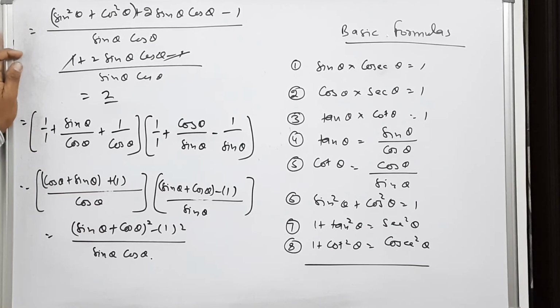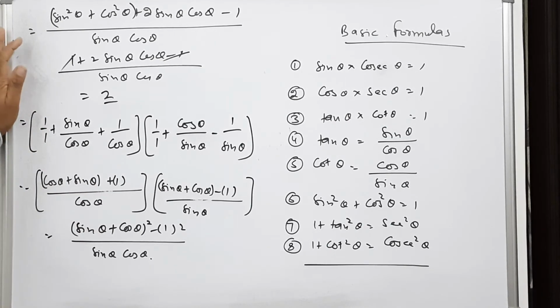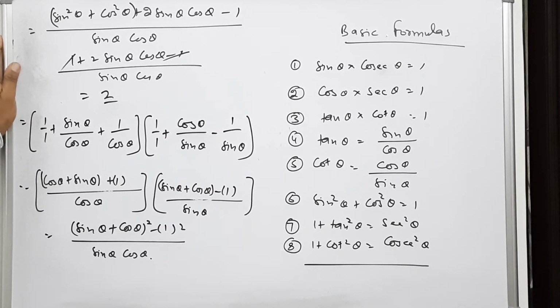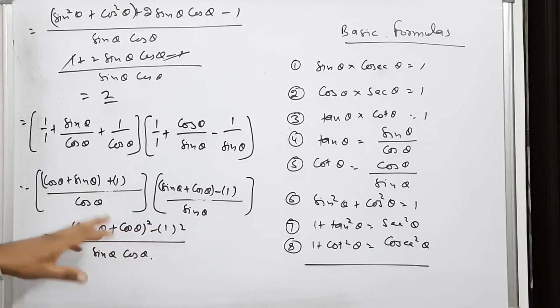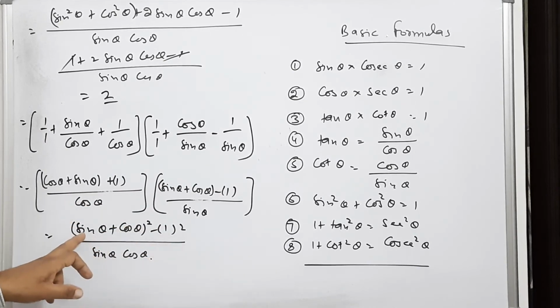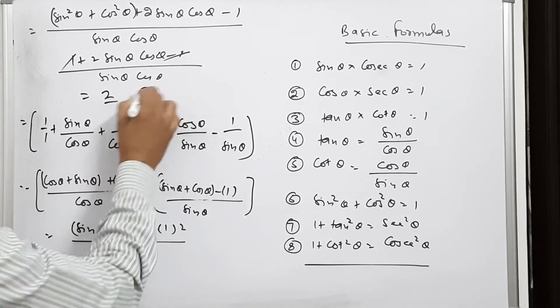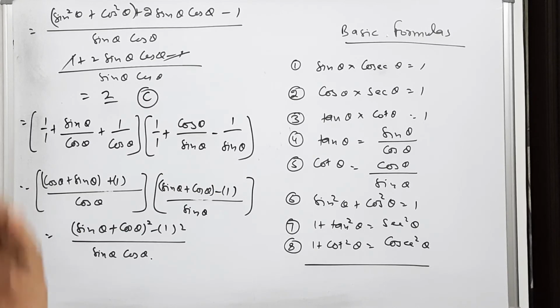You have seen this is the best problem in the exercise because almost all the formulas we have applied in this one. Even the trigonometrical identities also we have seen, that is a plus b whole square. How we use the identity in the trigonometry. So the final answer of this is 2, and here the correct choice is C choice. And I already told you that it is not an objective at all.